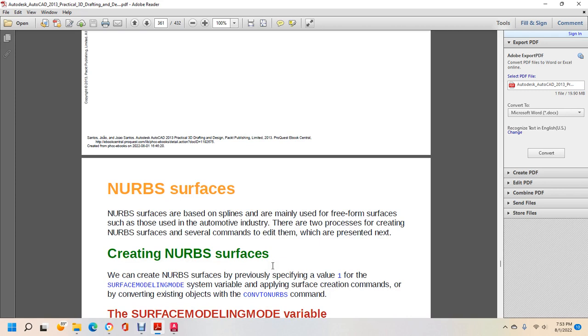Non-uniform rational blended splines. Surfaces based on splines are mainly free-form surfaces used in the automotive industry. There are two processes for creating non-uniform rational blended spline surfaces, and several commands to edit them, which are presented next. Non-uniform rational blended spline surfaces are created by previously specifying the value 1 for the surface modeling mode